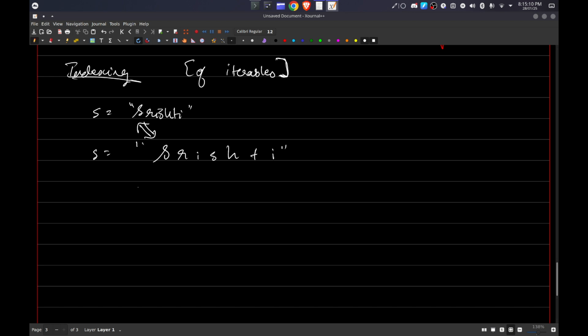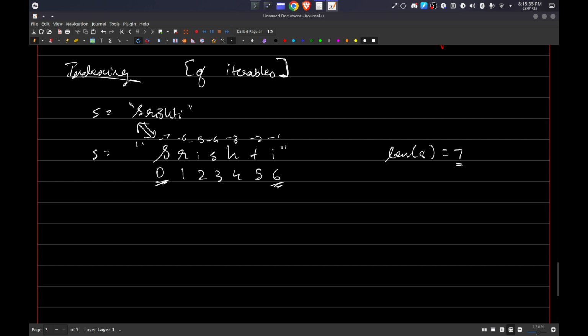Now indexing starts with 0: 0, 1, 2, 3, 4, 5, 6. Also, from the right side it starts with -1: -1, -2, -3, -4, -5, -6, -7. Now you see one very nice correlation. Indexing starts with 0, ends with 6, and you have len of s as 7. What's the difference between this and this? There's a difference of 1. So always you can write like this: